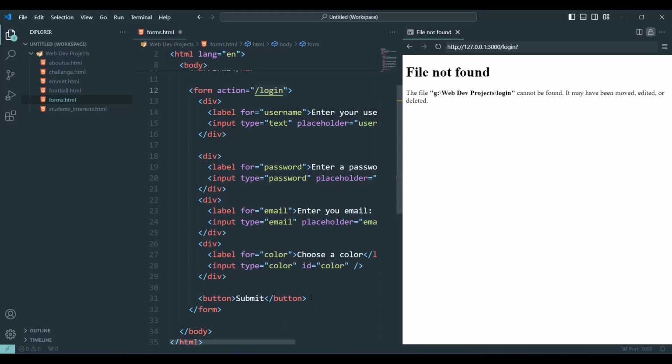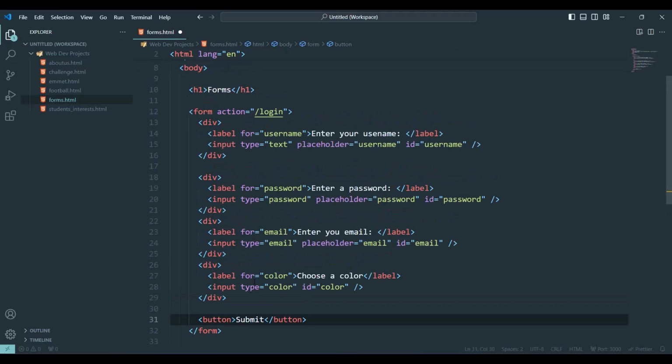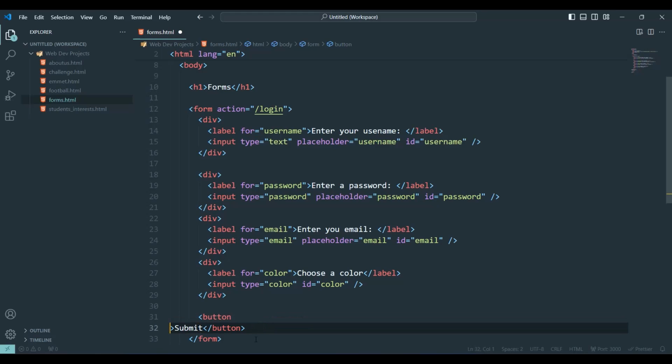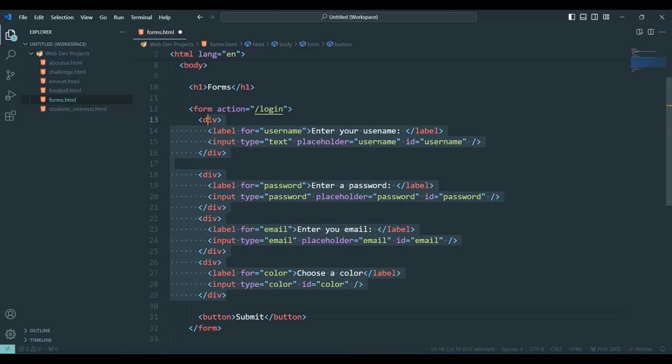And it does this because, as I said earlier, the button's implicit behavior is to submit a form if your button is inside the form. So in our case, the button is inside the form, and because you don't provide an explicit type for it, so if you don't say explicitly that this button is going to be only a button, it will be implicitly assumed to be a submit button. So it will submit the form that we have here to this address that is defined above. So this is what this button is doing.